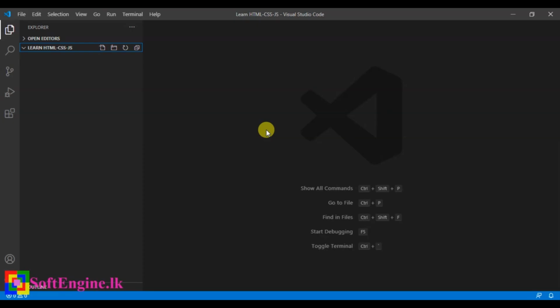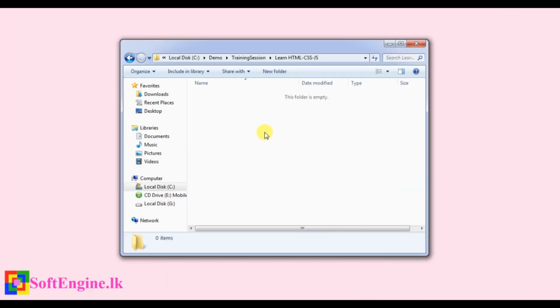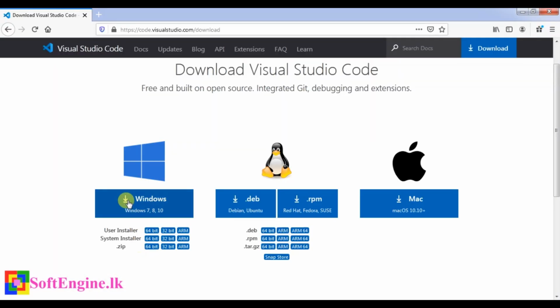There are several web browsers, so we have to think of browser compatibility. So I will introduce some of the mainly used web browsers. I already installed them in my PC. So this is Chrome. This is Firefox,